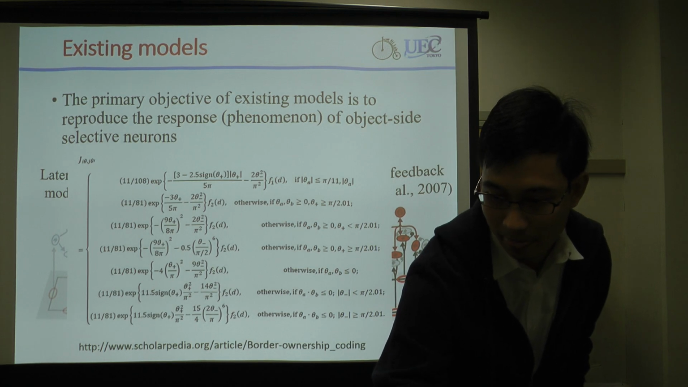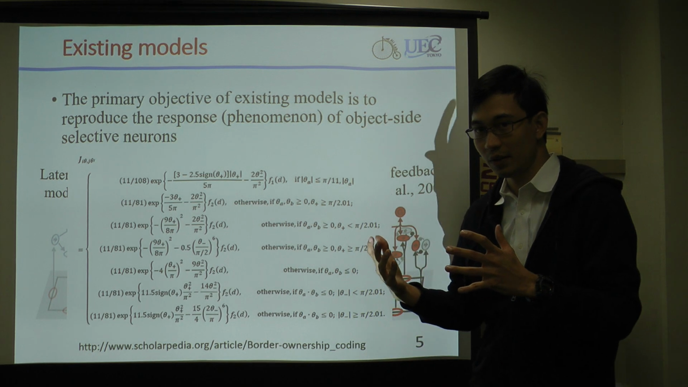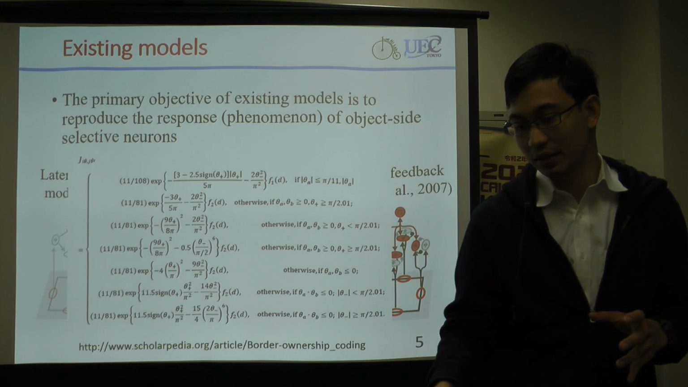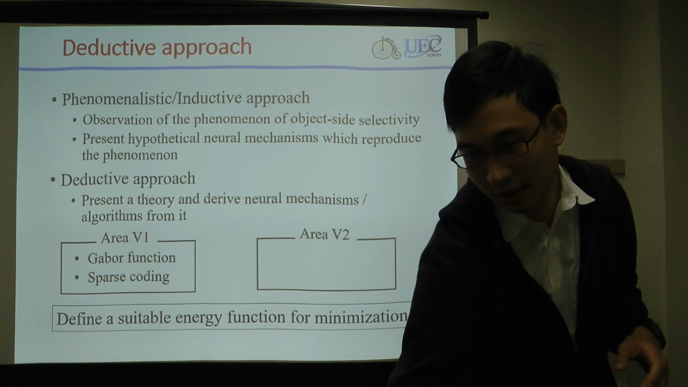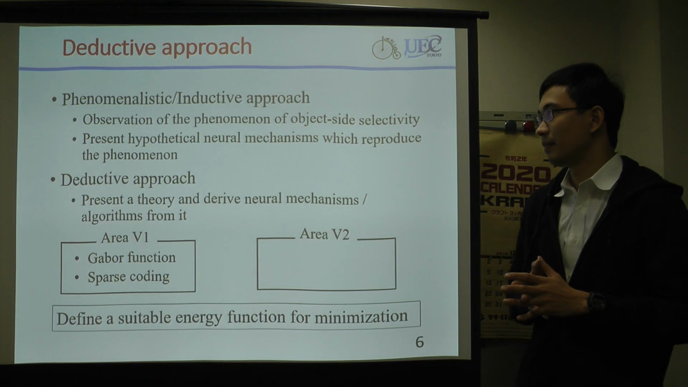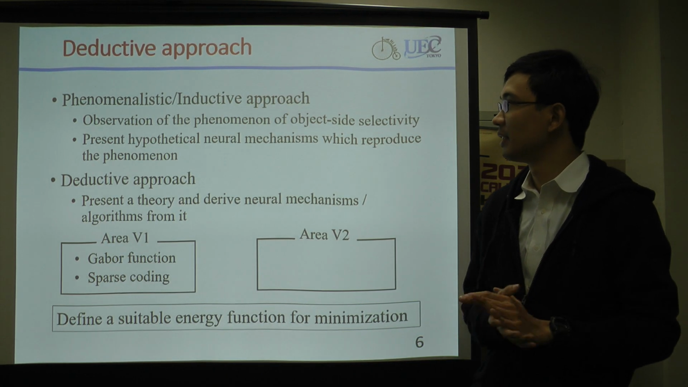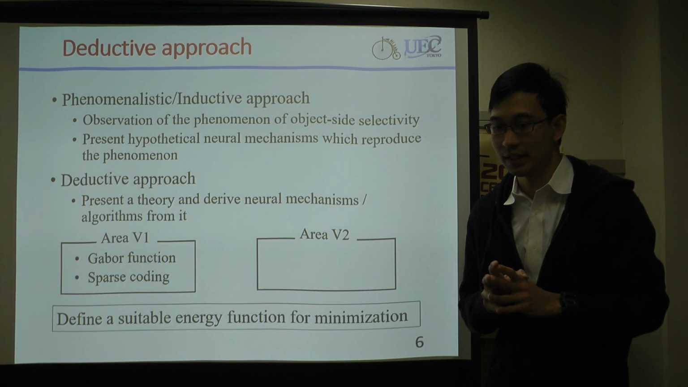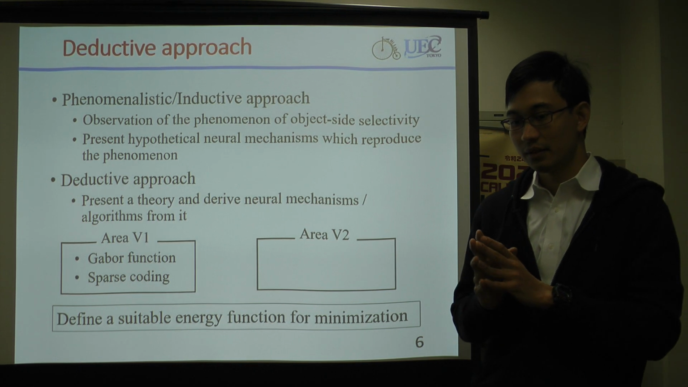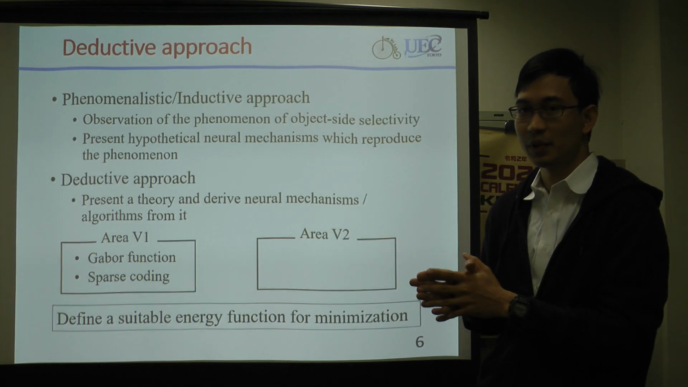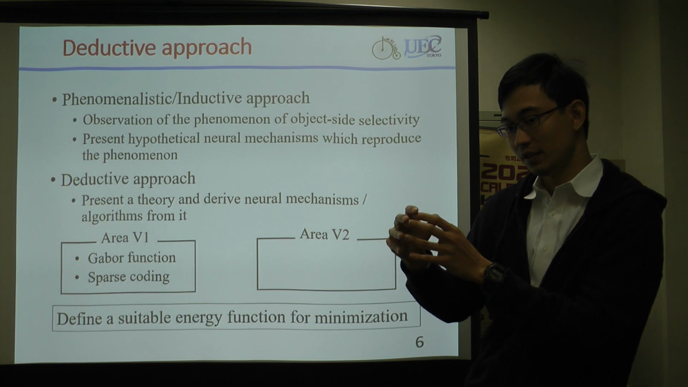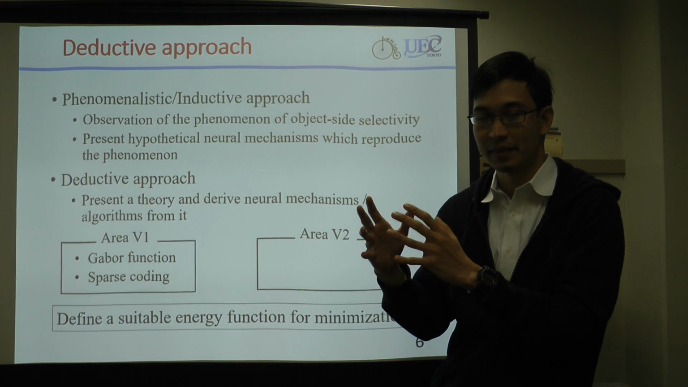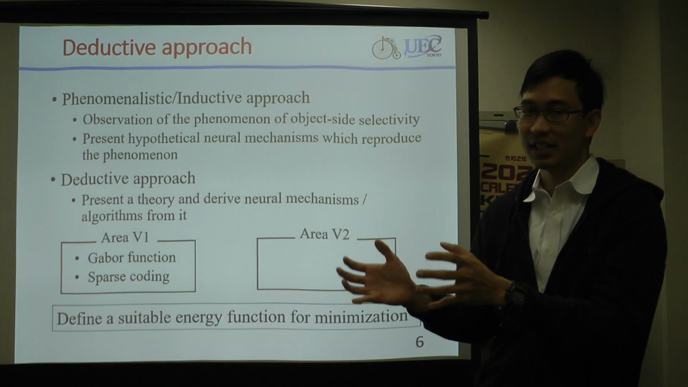So the approach that we took is different from the existing approach. The approach we took is a deductive approach. Now why a deductive approach? First let's start with the phenomenalistic or the inductive approach. This approach is, well, you start off by presenting a hypothetical neural mechanism and you work within that frame